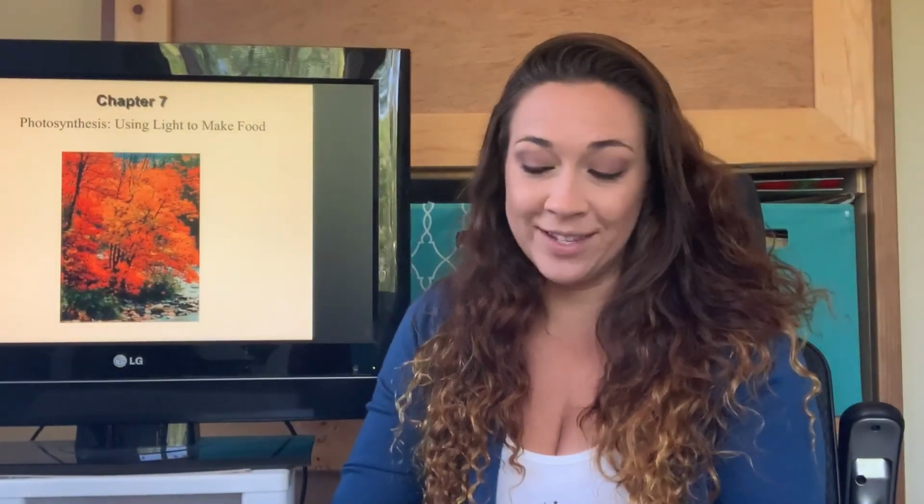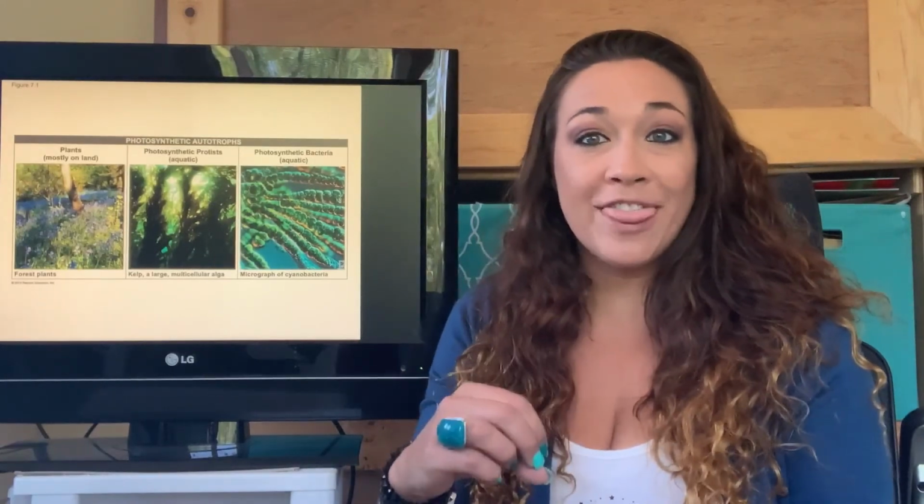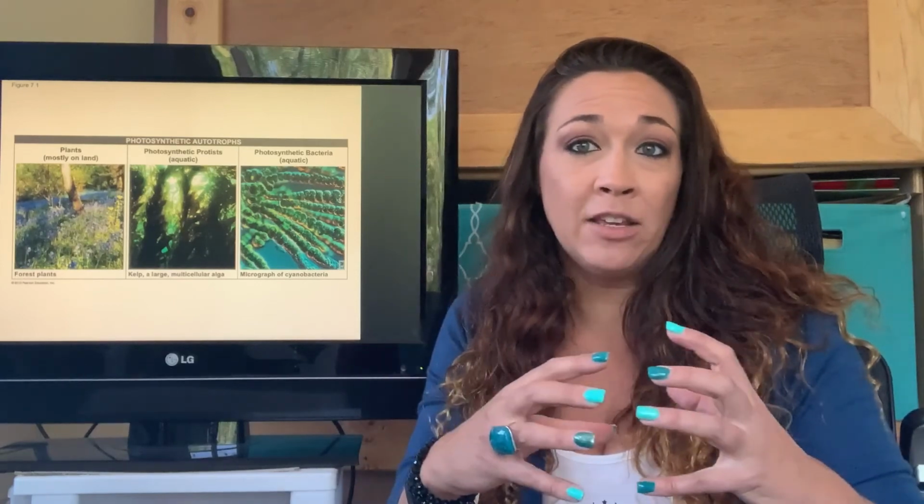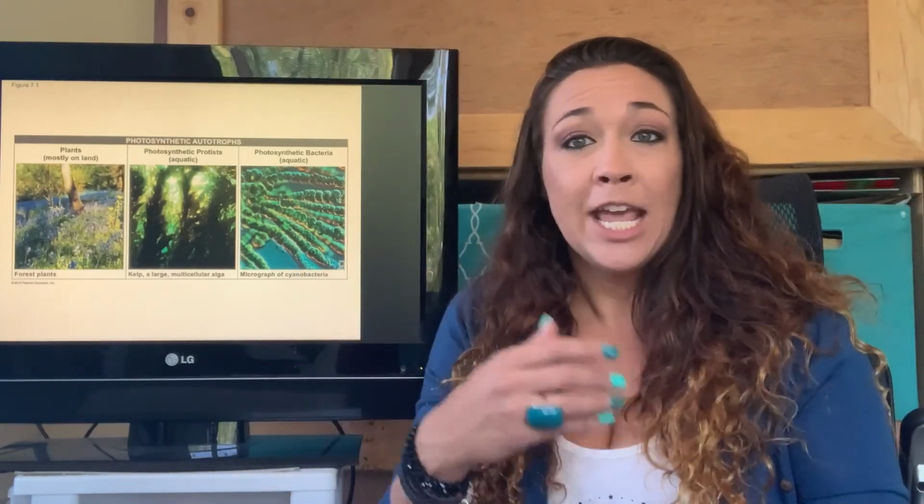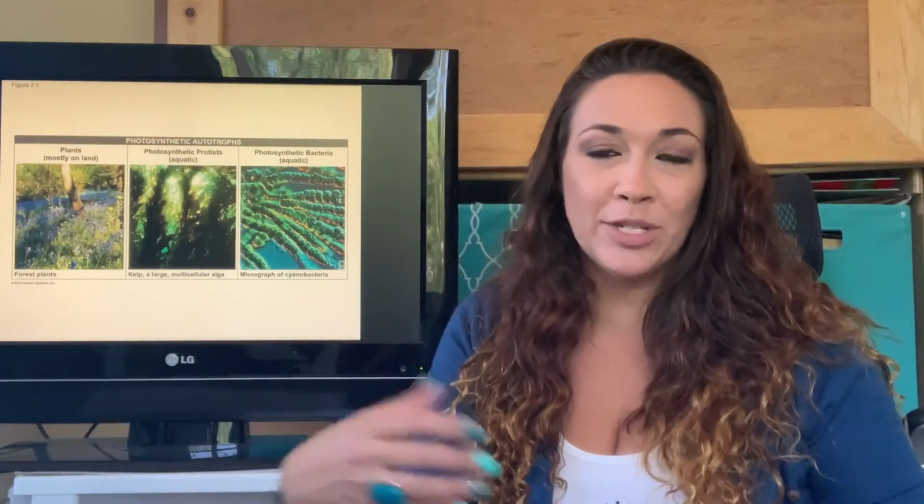We're going to be talking about Chapter 7 today, which is photosynthesis. So we're going to be jumping ahead here. We're going to be talking about photosynthetic autotrophs. If you are photosynthetic, you are making your own nutrients with light. If you're an autotroph, you're a self-feeder. We're going to learn later in the semester about chemoautotrophs, that's self-feeding with chemicals. But right now we're going to be talking about photoautotrophs, which are self-feeding with light. That's what we're going to be talking about today when it talks about photosynthetic organisms.